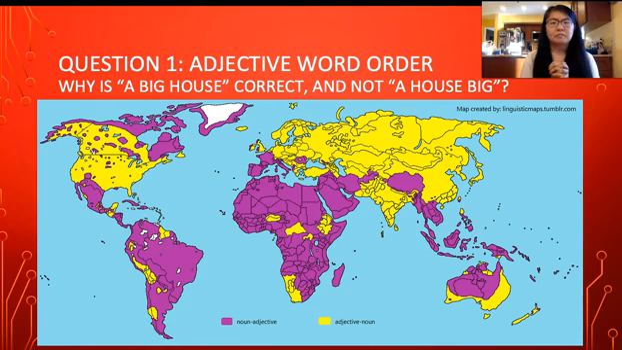So, first question is the adjective word order question. Like, teacher, why is it a big house and why is it not a house big? So as you can see in this awesome map that I found on Google, this is the spread of languages across the world. And the purple, as you can see, is a noun adjective order in the world. So like the house big, the cat small, and that's the correct. So I know French and Spanish are like this, and obviously a bunch of others, versus the adjective then the noun. So as you can see in English,